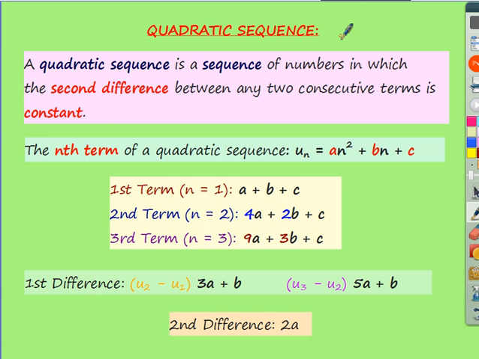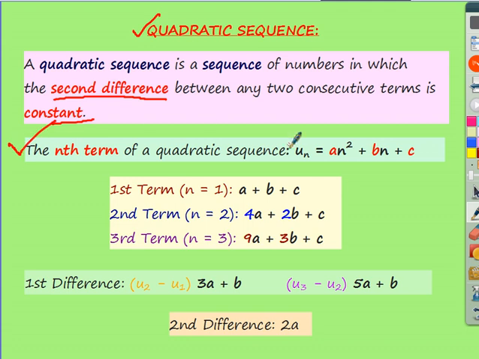Like linear sequence is like arithmetic sequence, 2, 4, 6, 8. Linear sequence has a common difference. But here in quadratic, as the name suggests, quadratic is the equation of degree 2. So here it is a sequence of numbers where the second difference is constant. When we go for cubic sequence, I'll make another video. There the third difference is constant. But when you get the first difference, it becomes a linear sequence. Better when we discuss the examples, you will understand better.